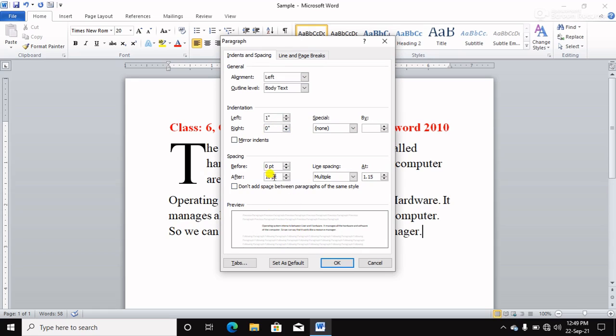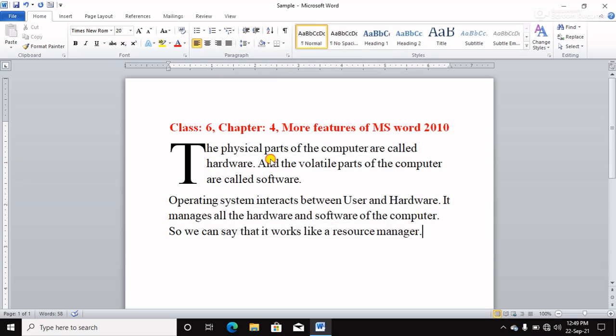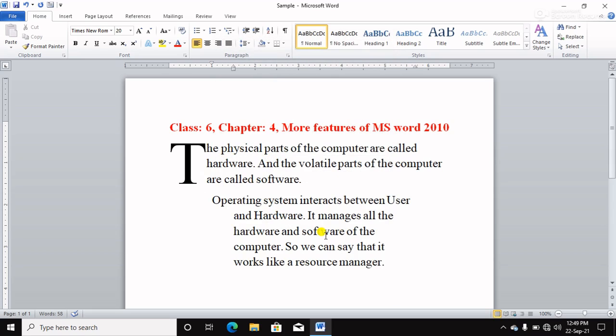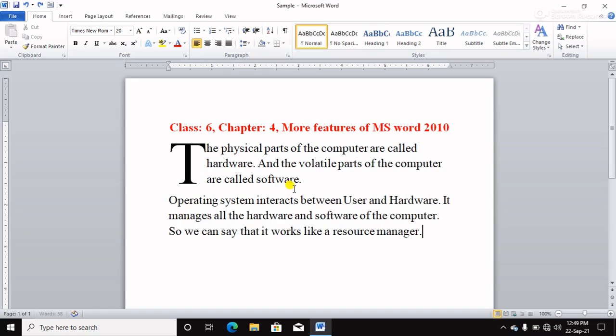See, the text is moved from the left. You can do right, you can do first line, you can do hanging. Like that you can perform. See the paragraph. This is called indents.